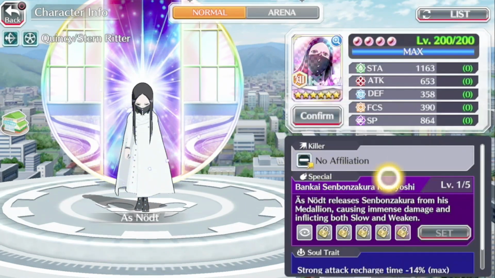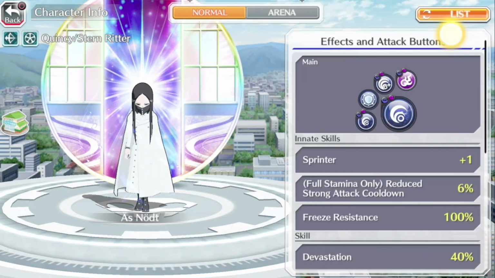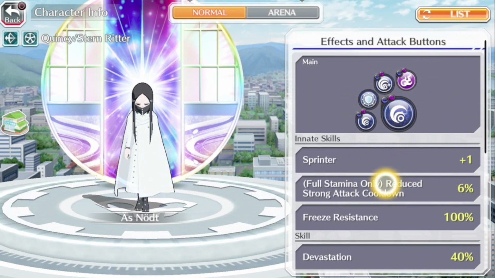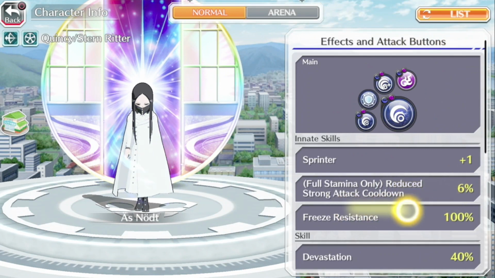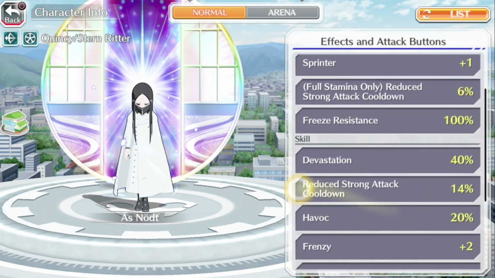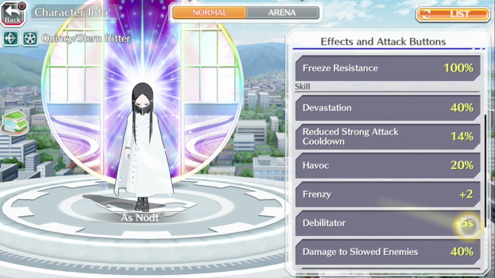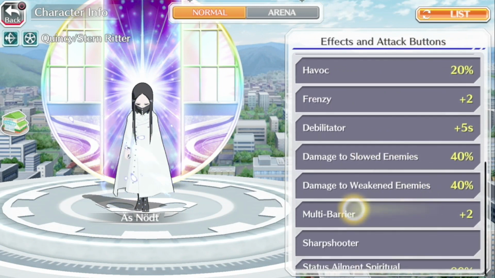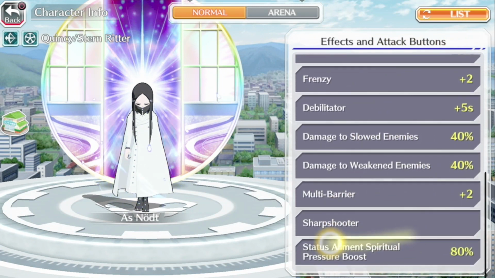The 1000 Year Blood War Asnot, you can use him as well. He is a ranged unit with slow and weakening on his abilities, all except for his SA2. He has a reduced strong attack cooldown of 6%, freeze resistance 100%, havoc 20%, reduced strong attack cooldown 14%, frenzy plus 2, defibrillator plus 5 seconds, damage to status elements 40%, multi-barrier plus 2, sharpshooter, any status element, spiritual